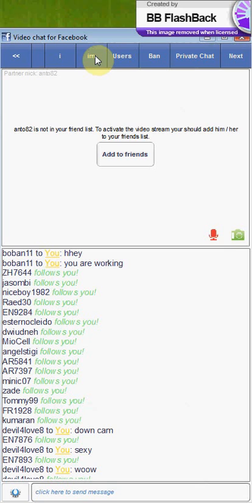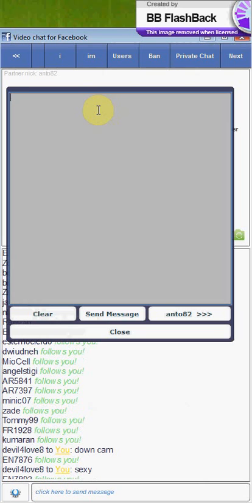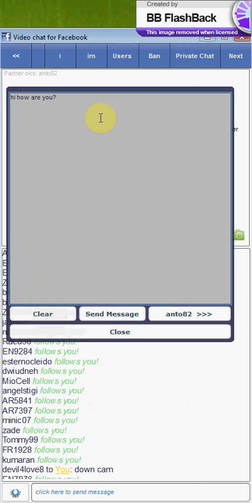The second is the IM. It means instant messages. Basically, you can send an instant message to this person. You can put the mouse or the finger here, and here we can write. So we can write, "Hi, how are you?" Then we will have the choice. We can clear this message which we wrote, we can send this message which we just did, or simply close